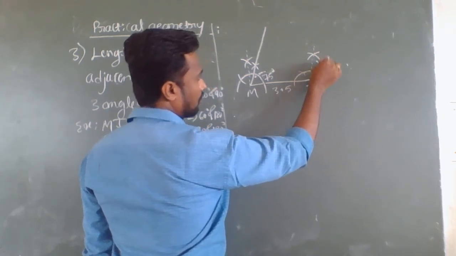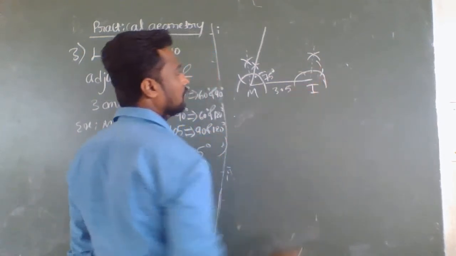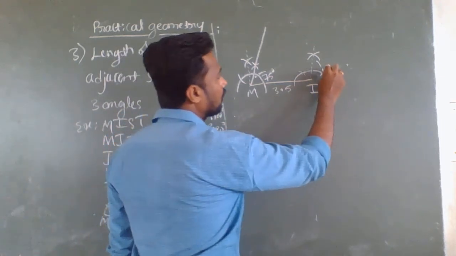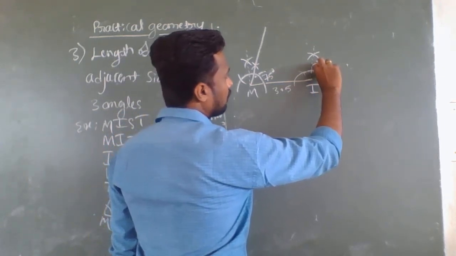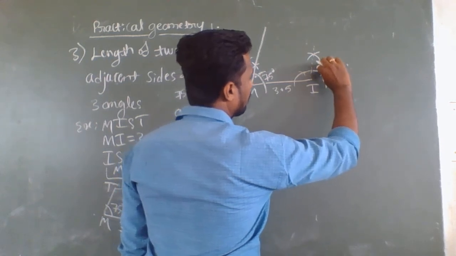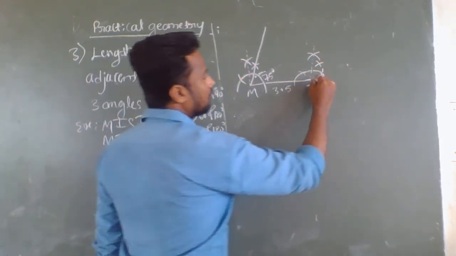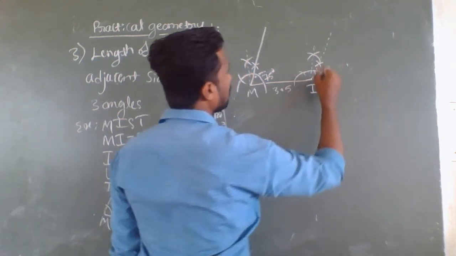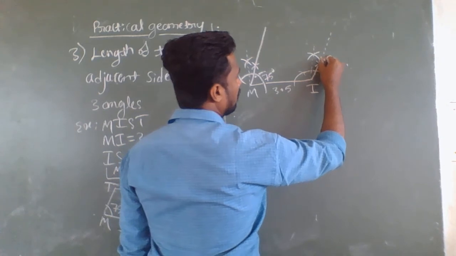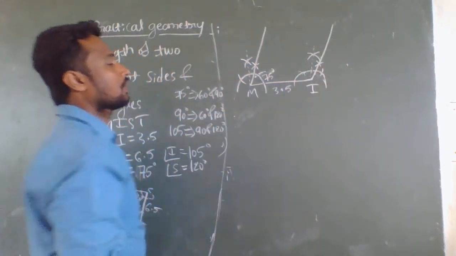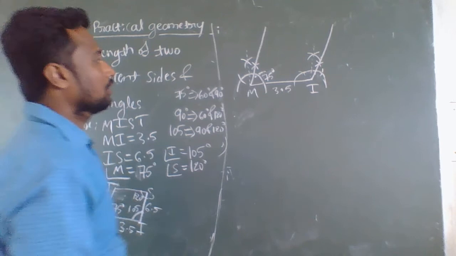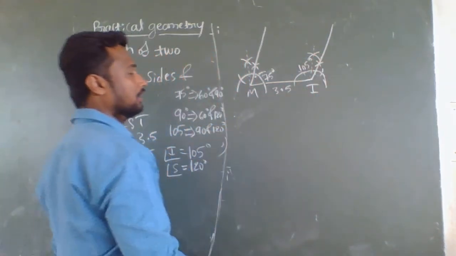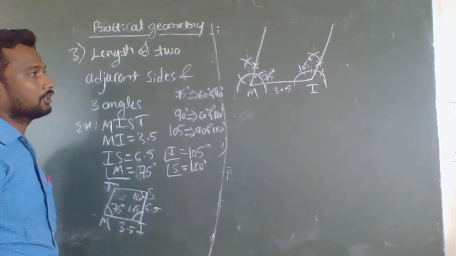So here, draw an arc with the same distance of the compass. Like this only, consider the same distance of the compass and keep it on the 120 degree intersection point and draw an arc like this. So now, if you join this point, you will get how much? 105 degrees. This is angle I with 105 degrees. 105 is between 90 and 120 degrees.